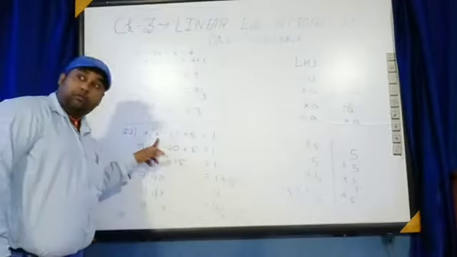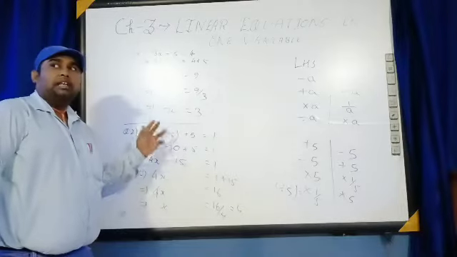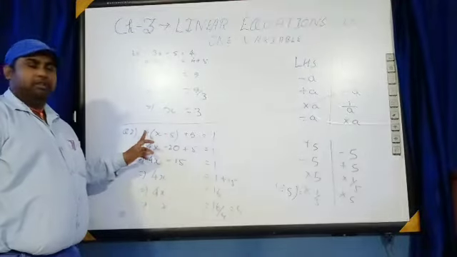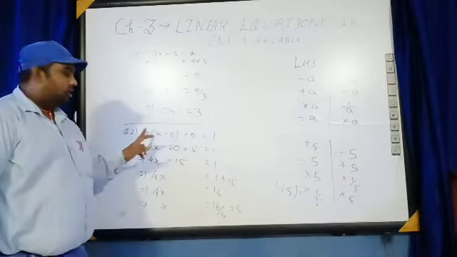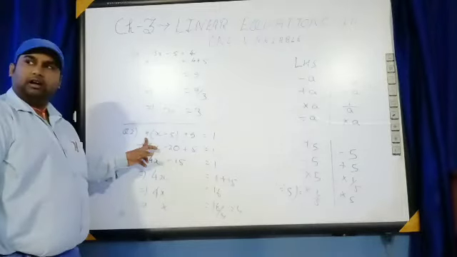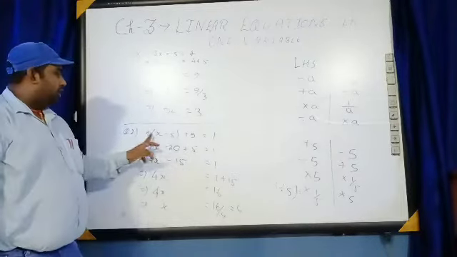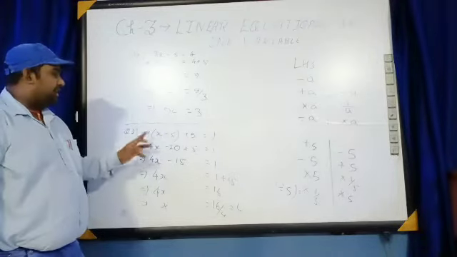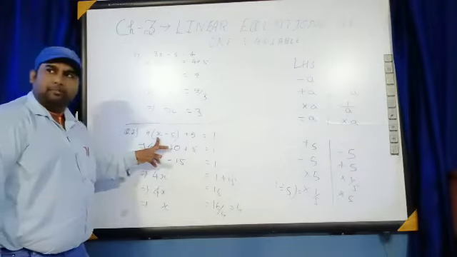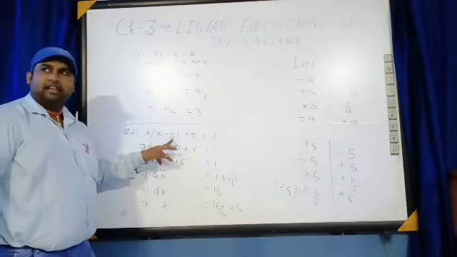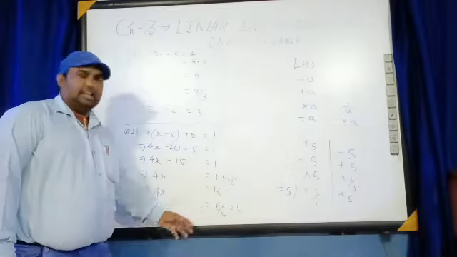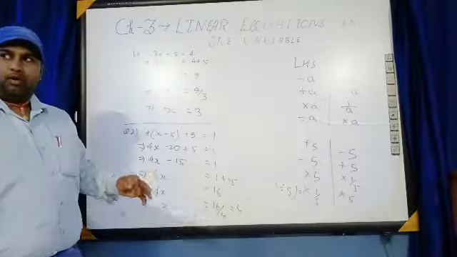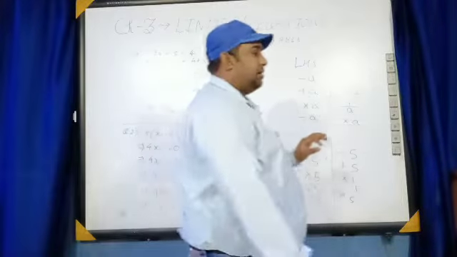Don't multiply with only one term. You have to multiply with all the terms present in the bracket. This means the 4 is common to both. When you remove the bracket, you have to multiply 4 with both: 4 into x, 4 into 5. Generally, some of the students make mistakes by doing this. They only multiply one of the numbers and write the second as usual. And then finally they say, sir, we have not got the answer. Due to this mistake, they have not got their answer. Students, never make this type of mistake.